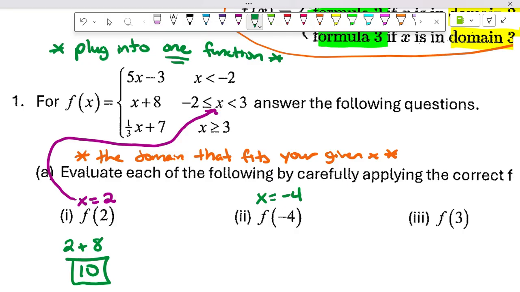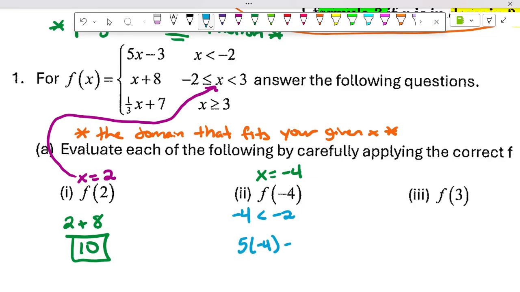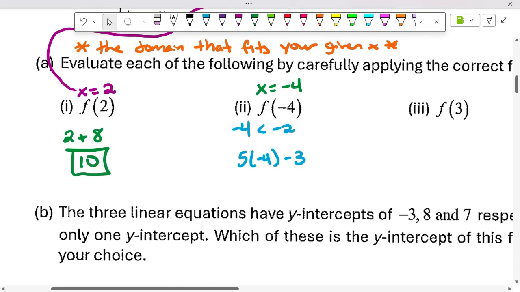So, since x is less than negative 2, all right, or negative 4 is less than negative 2, we're going to plug negative 4 into 5x minus 3. So I'm just going to replace the x. So what do I do first, PEMDAS wise? Heads up, guys. Come on. The multiplication. So what's 5 times negative 4? Negative 20 minus 3,